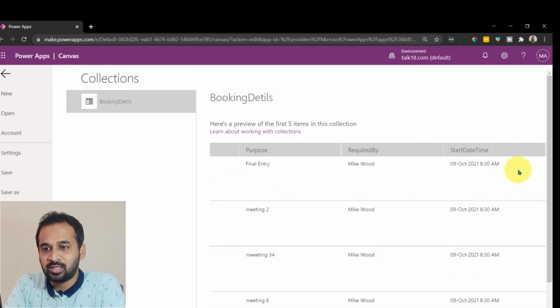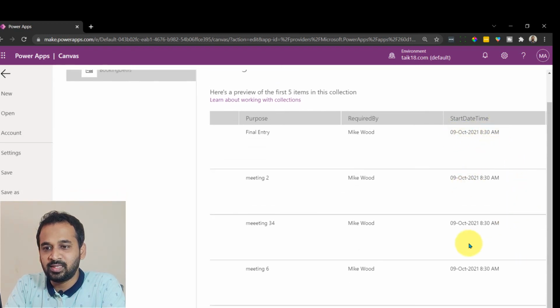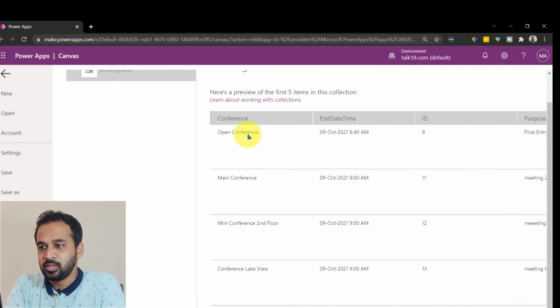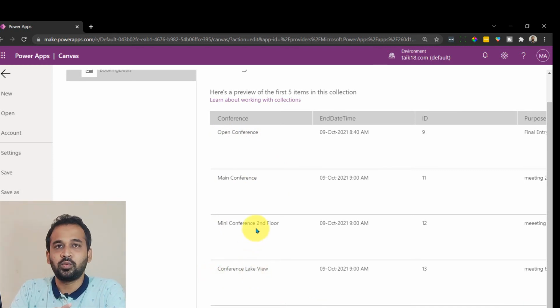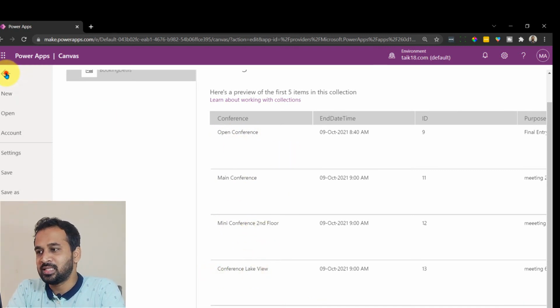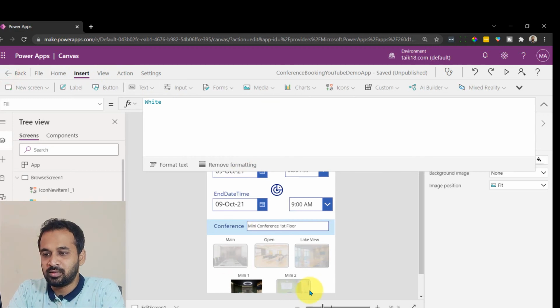If you look at the start date time, it says 8:30, 8:30, 8:30, 8:30. That is what we have selected, right? That's a good thing. So it gives open conference, main conference, mini conference and conference lake view. So mini conference 1 is not there. That's the reason it has disabled everything except mini conference 1.